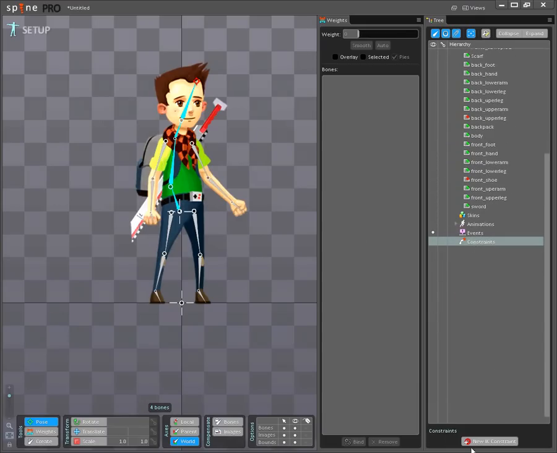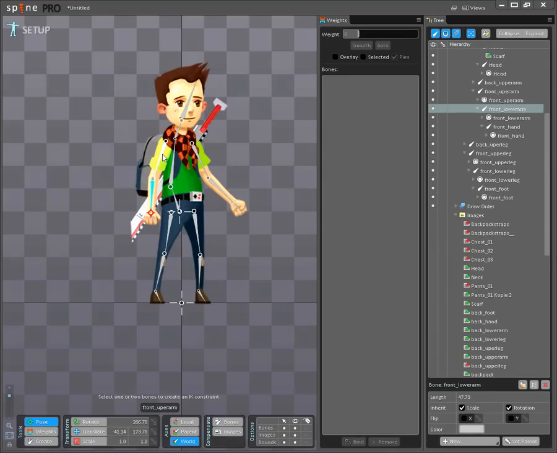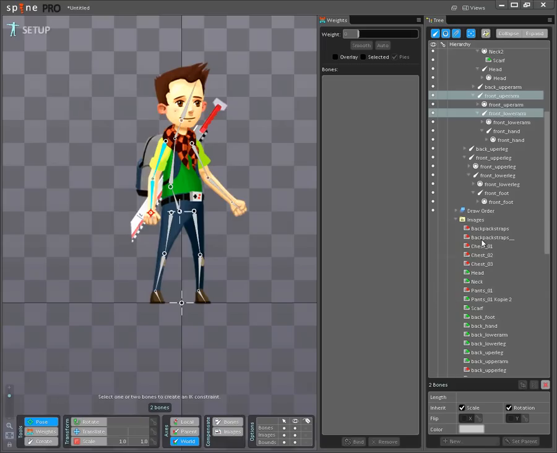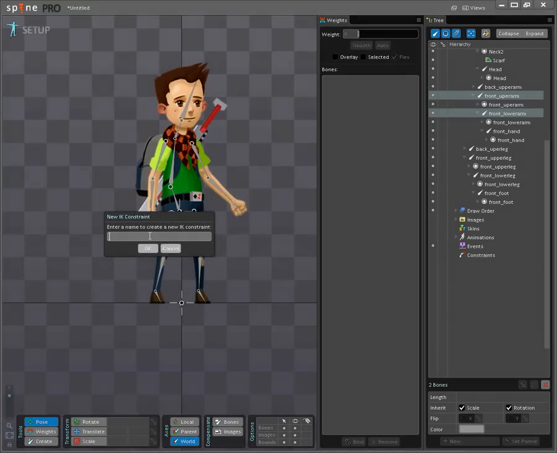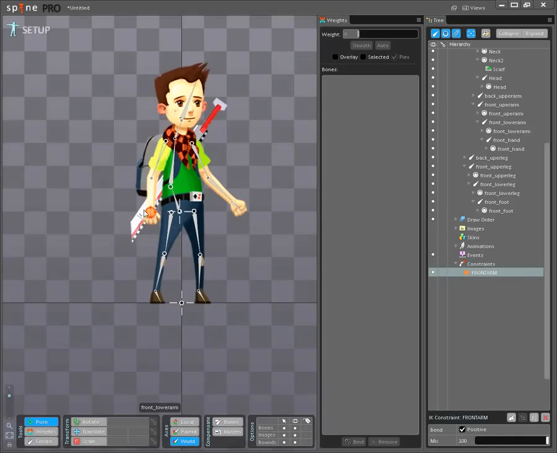Let's start clicking on a new IK constraint and selecting, well, before you click on creating a constraint, you have to select 2 bones or 1 bone, but not more than 2, and then placing, just gonna call it front arm. Okay, now